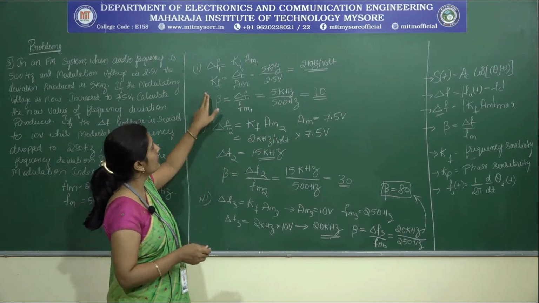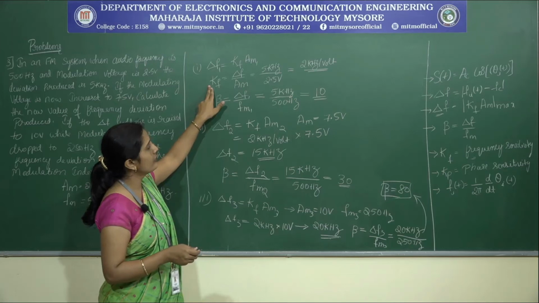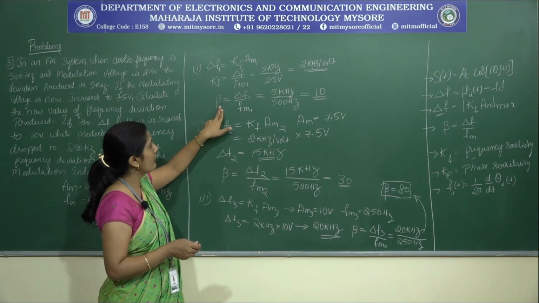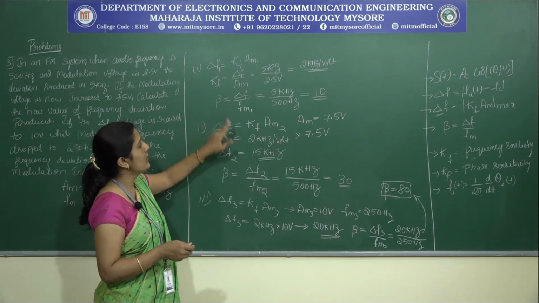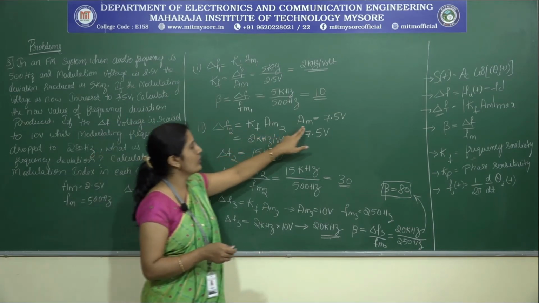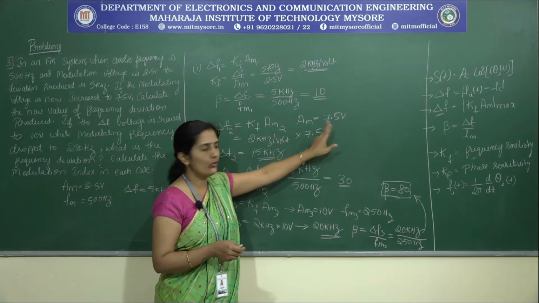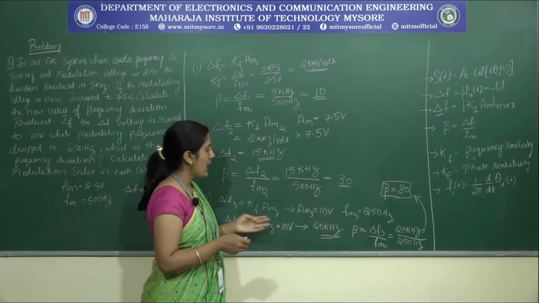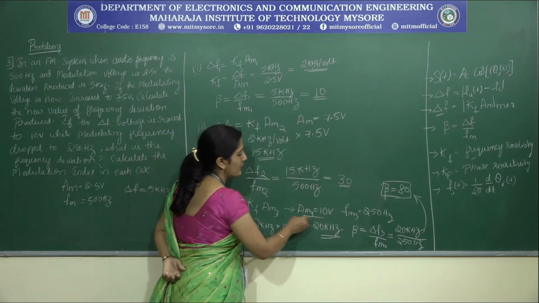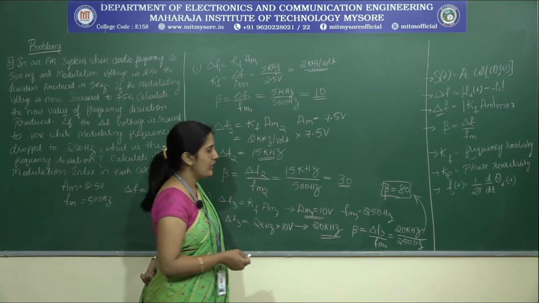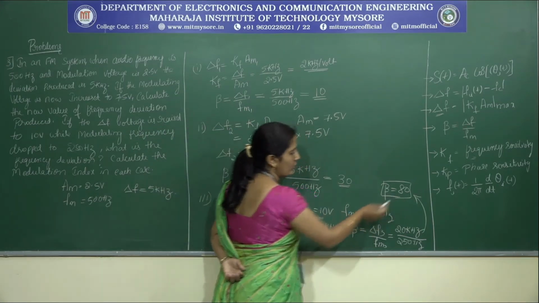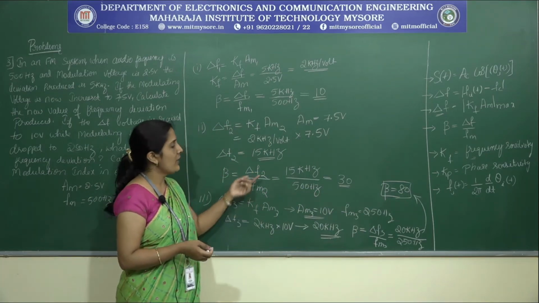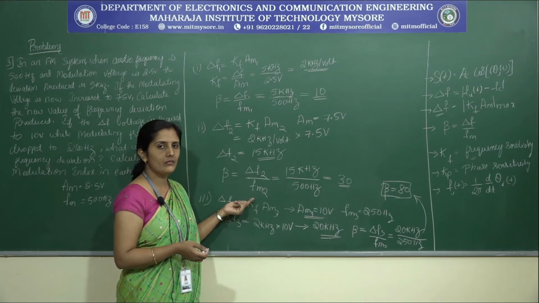So here you can see for the K of F, while considering the K of F is equal to 2 kilohertz, we have got the modulation index of 10. So as we have increased the modulation signal to 7.5 volt, we have got the modulation index as how much? 30. And again after changing the modulation signal to 10 volt, we have got the modulation index of 80. So these are the cases for different modulation signal wave.